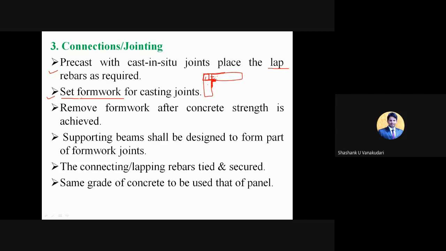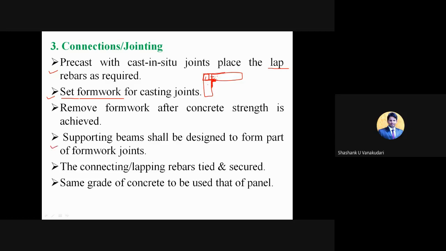So once we fixed it with the proper dimensions and all, we can remove the formwork after the concrete strength is achieved. So after the particular days of curing, especially here we are going with steam curing. Compared to the conventional curing, it completes in the earlier time. So after achieving certain strength, we can remove the formwork.